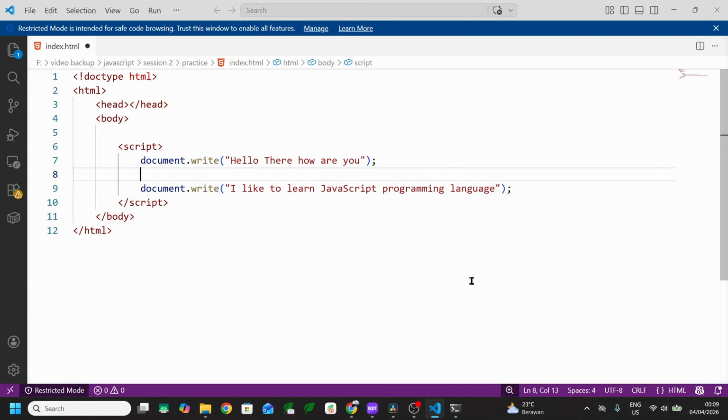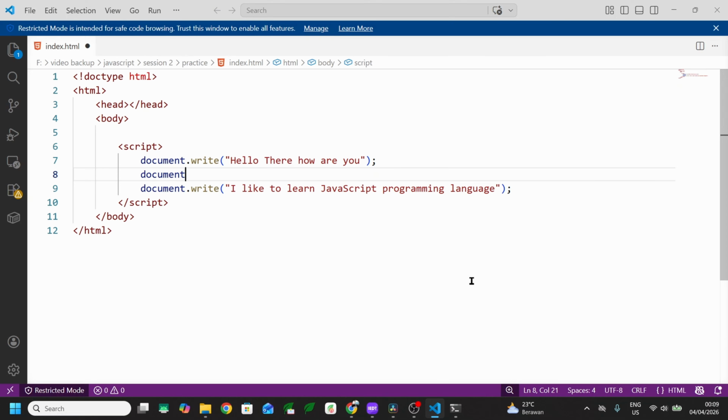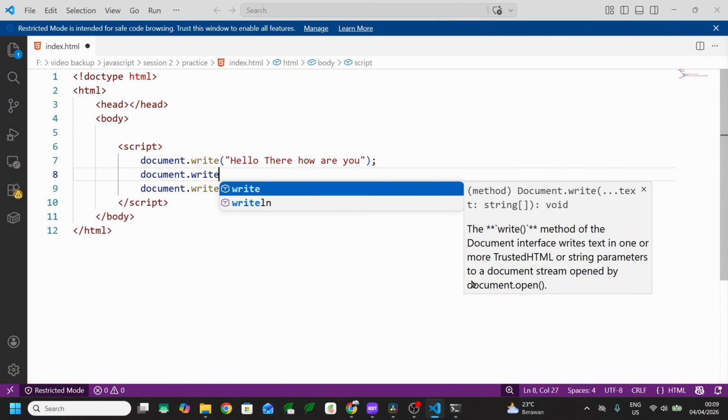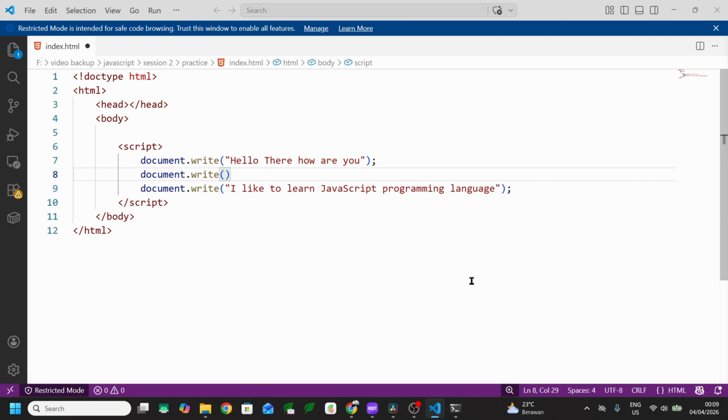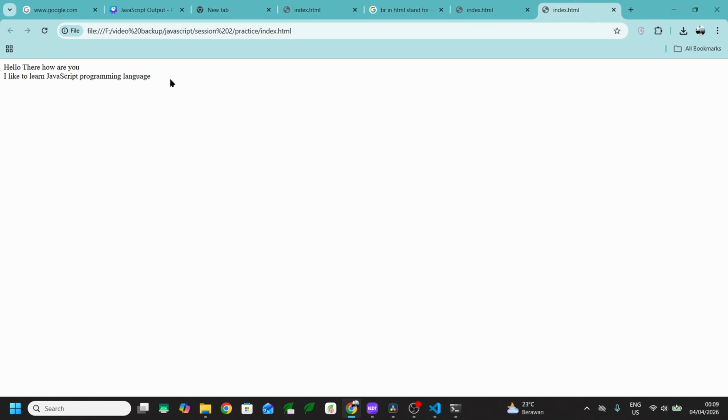To prevent this, you can make a new line, which is commonly used in HTML. You can use the BR statement, or line break. And let's recheck the output again. This is the result.